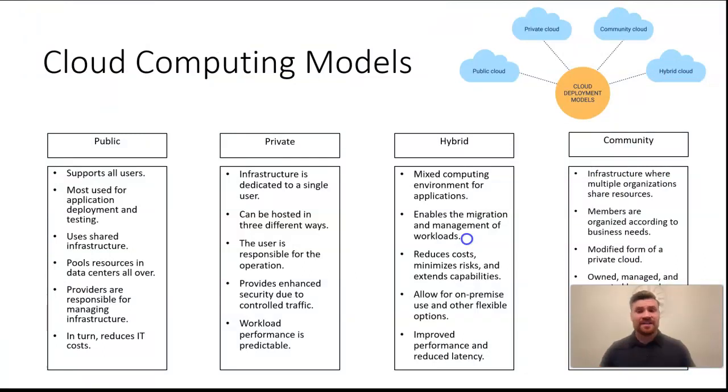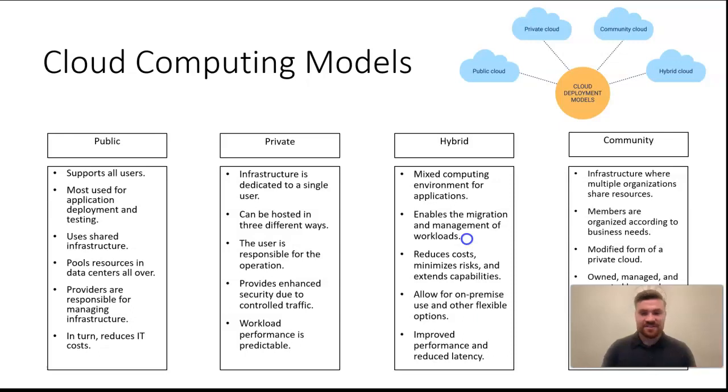Now we're going to dive into the cloud computing models. The first one we have is the public cloud. This supports all users. Most users use this form or this application to develop or deploy and test applications. The public cloud is a shared infrastructure.